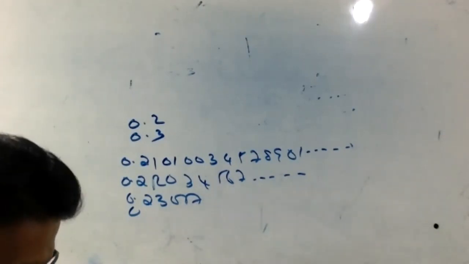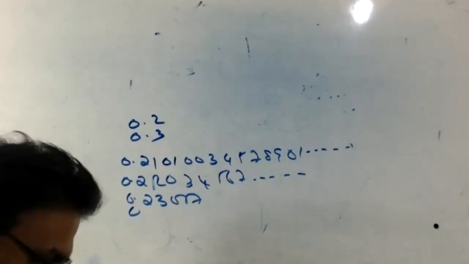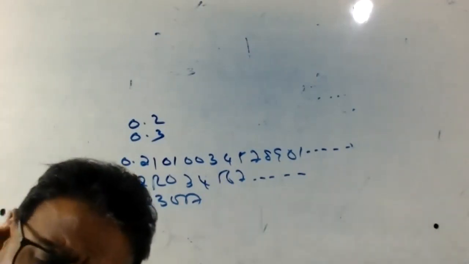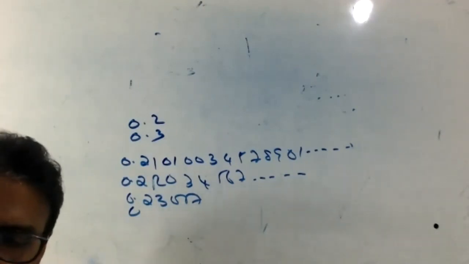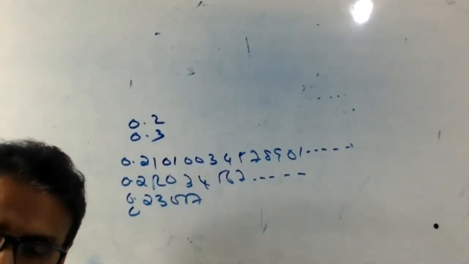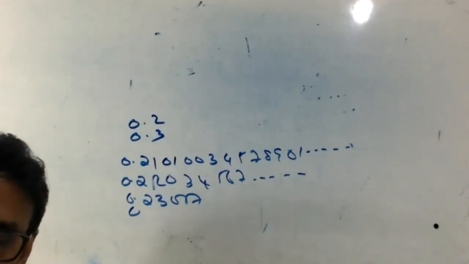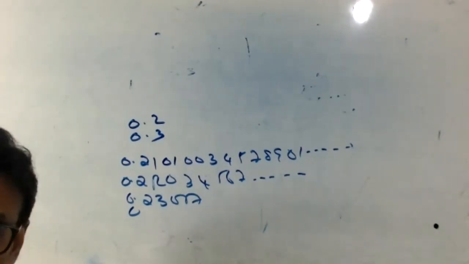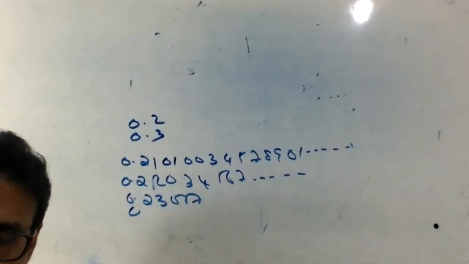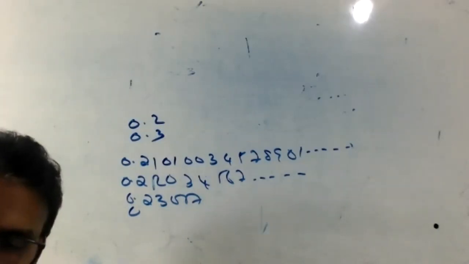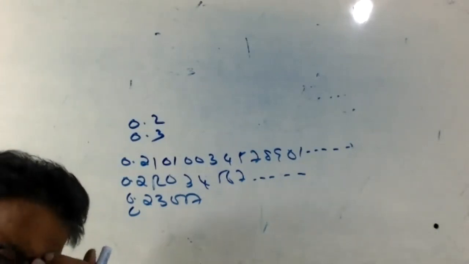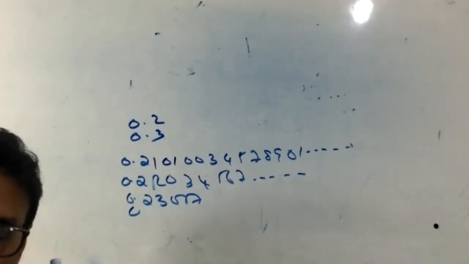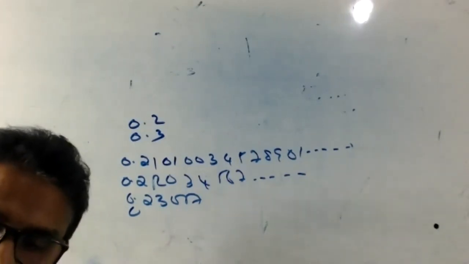Okay. Next one. Any idea how much is the value of root 2 approximately? Any number you can write, but it should not exceed 0.3 and not be less than 0.2. Clear now? My question, listen, answer it. How much is root 2, approximately? Root 2. 1.414, correct. Okay, better you learn that by heart.